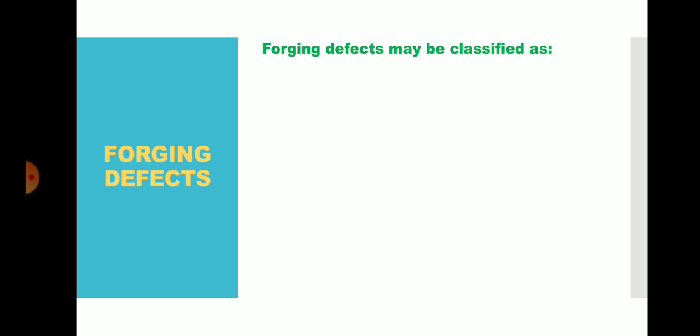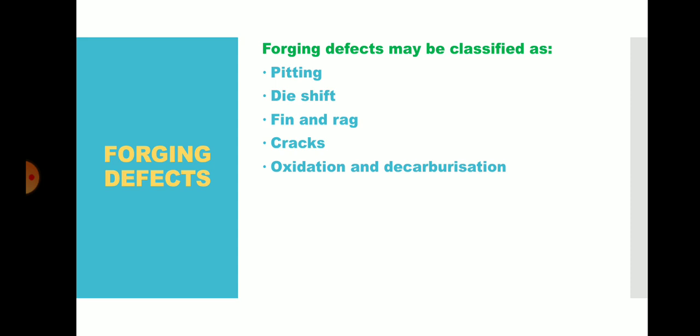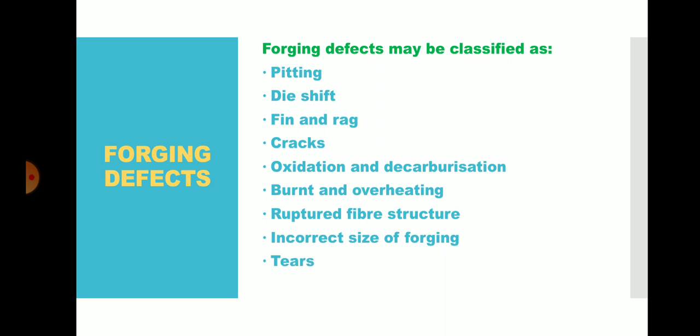Forging defects may be classified as pitting, die shift, fin and drag, cracks, oxidation and decarbonization, burnt and overheating, ruptured fiber structure, incorrect size of forging, tears, and incomplete forging products. Let's have a brief discussion on it. Pitting. As shown in the figure,